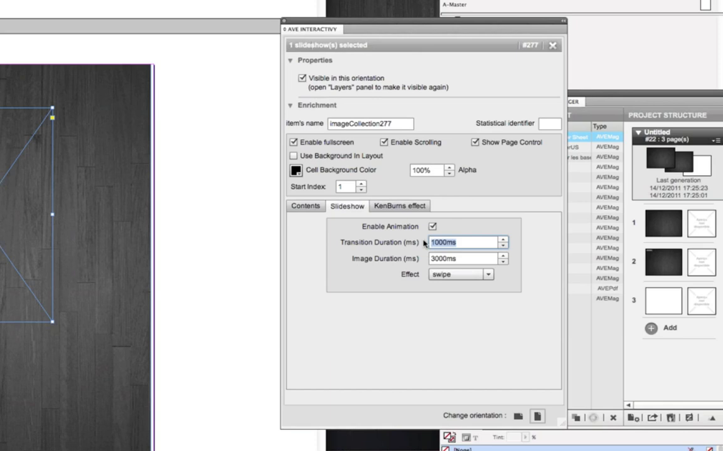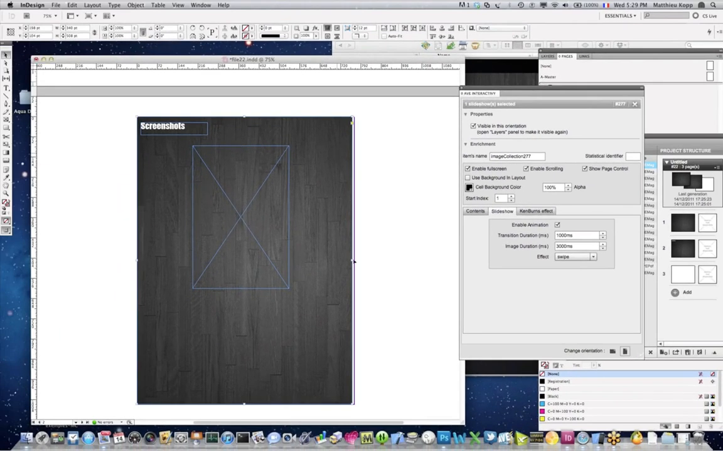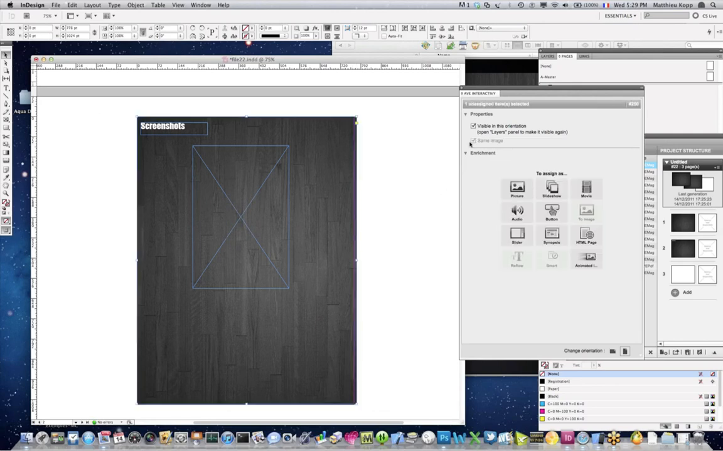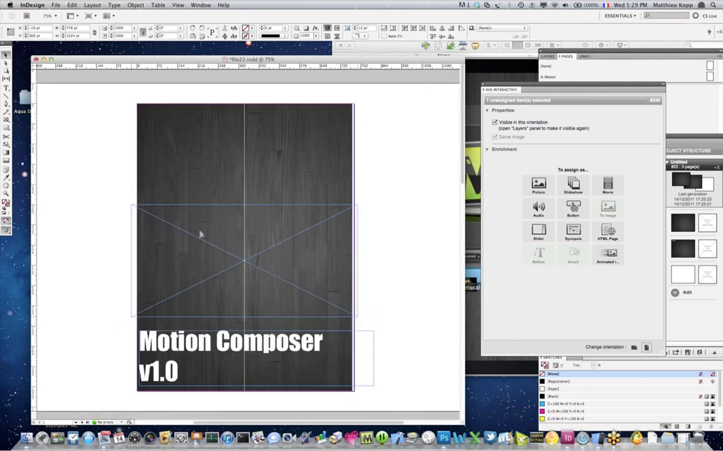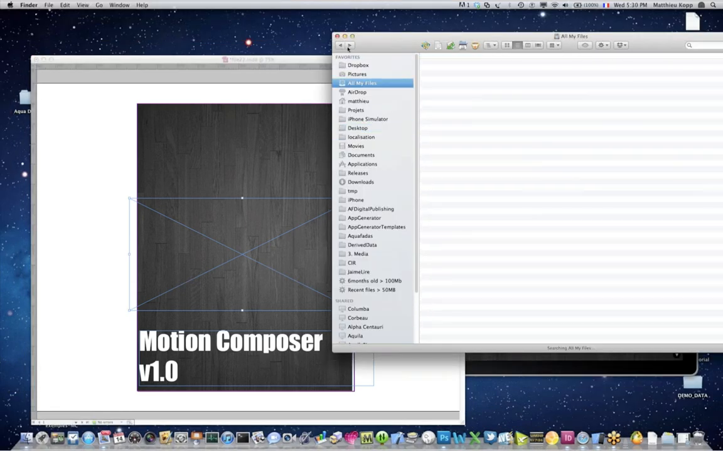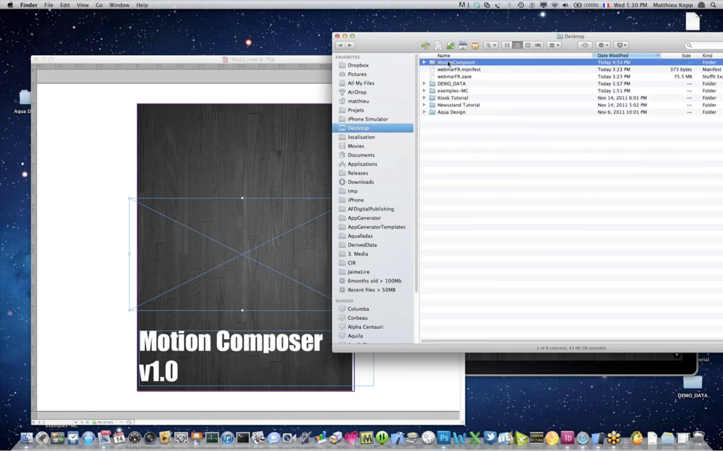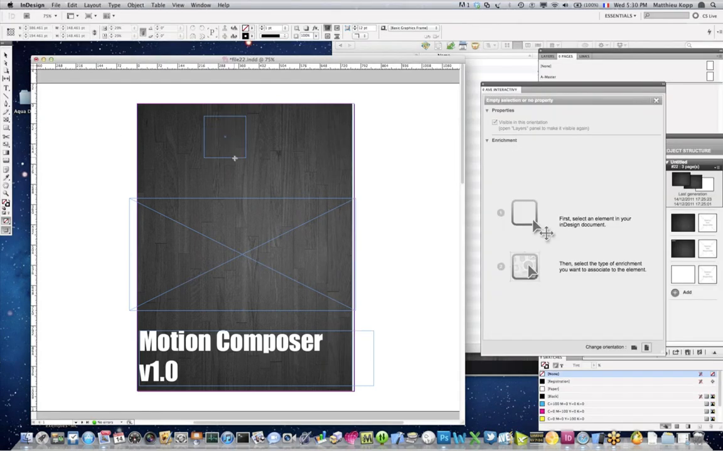The transition between slides will take 1 second. Everything is expressed in milliseconds here, and the duration of an image is going to be 3 seconds. And the effect between slides, currently we have 2 effects, swipe and fade, is going to be a swipe. So this is the first fix I wanted to make. Then I will go back to my top page. I will move that around. And what I will do is add a logo for my app. And on this logo, I will actually